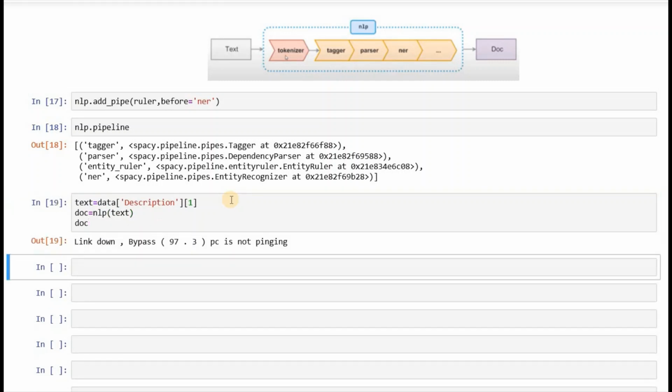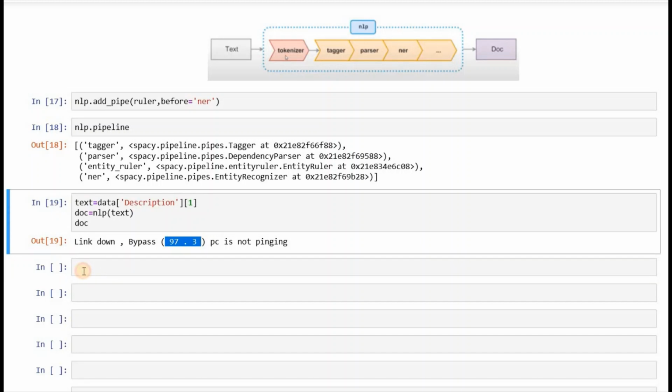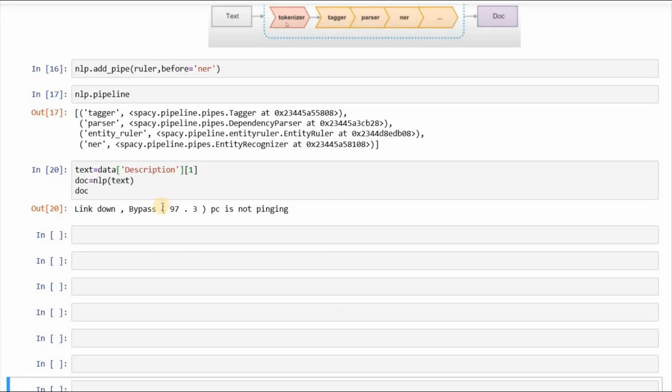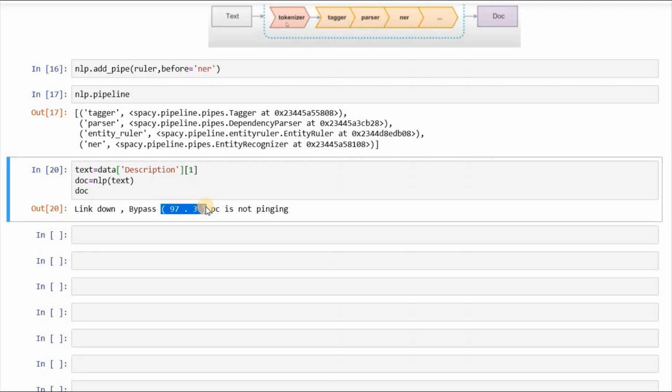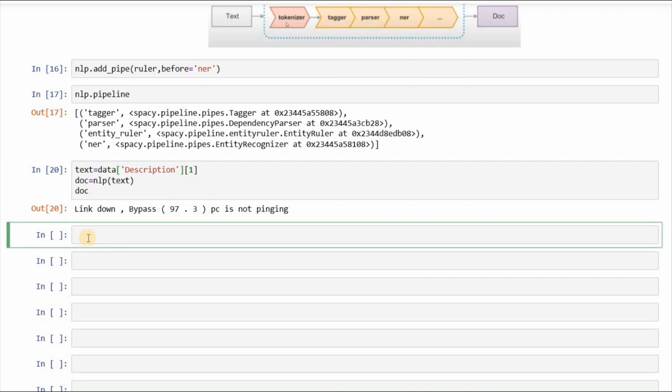Let's see the doc. This is the second row that we have, and let's see if this is identified as an entity or not. We have to see if we can identify this as an entity called IP address, and for that let's print.